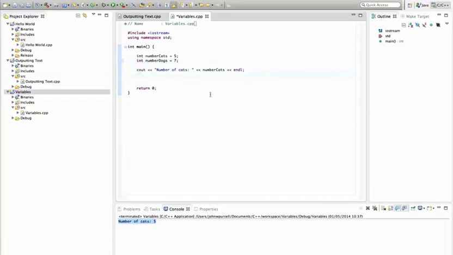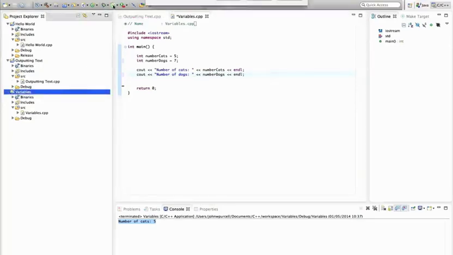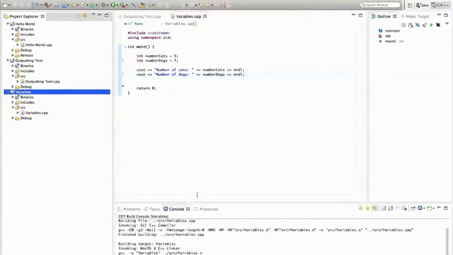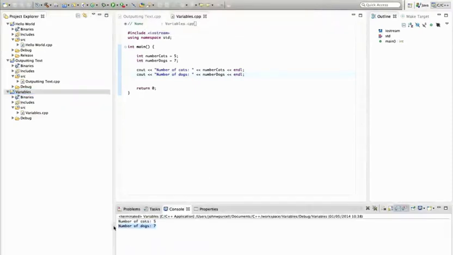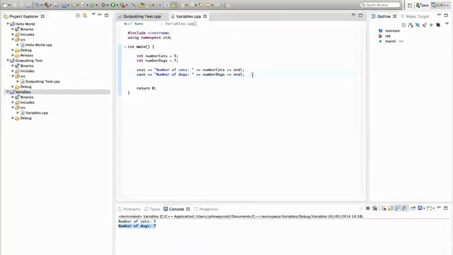Now let's put underneath here, cout, number of dogs, colon, and then a chevron, and number dogs, and a chevron, and endl. And we should see exactly what you expect. So let's run the program, yes. And here we are, number of dogs, 7. Now we can also do stuff like adding these together. So I could say here cout,